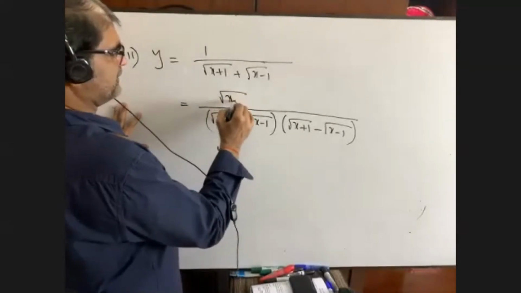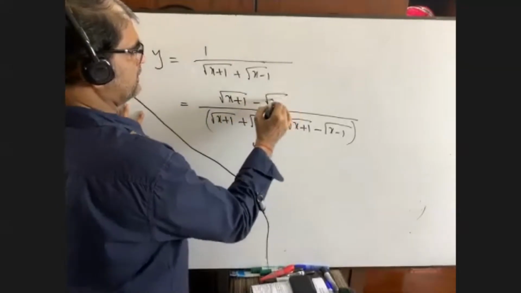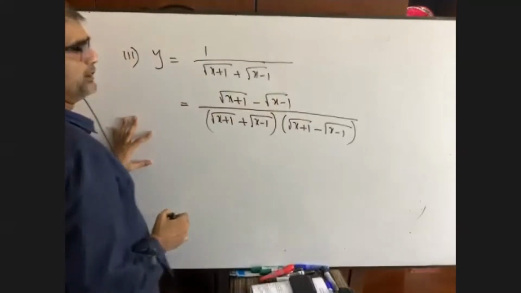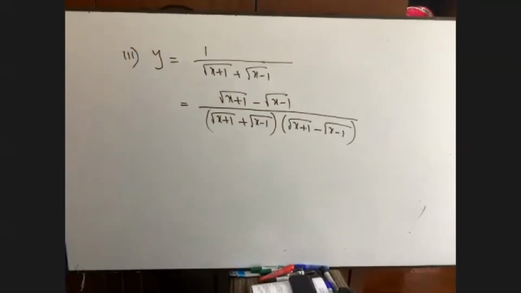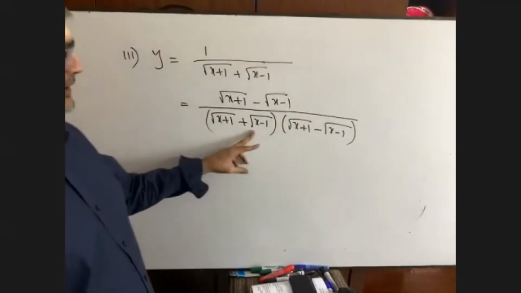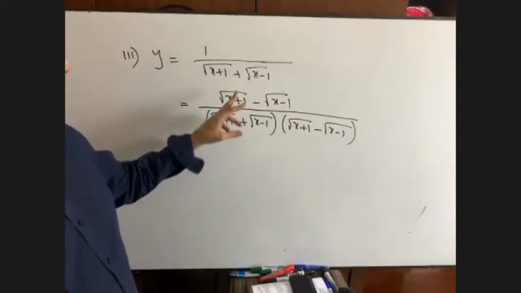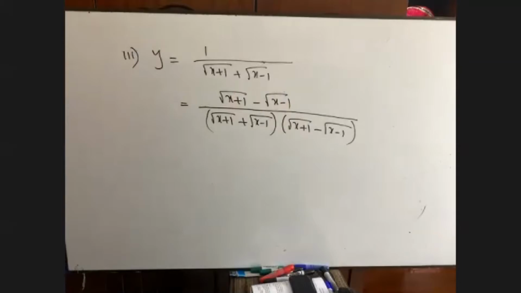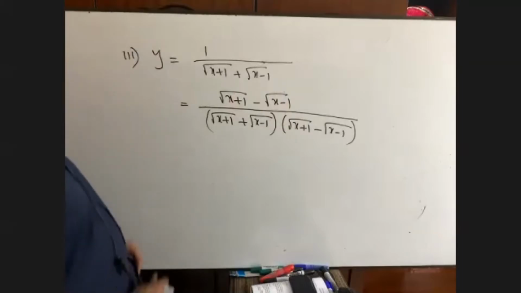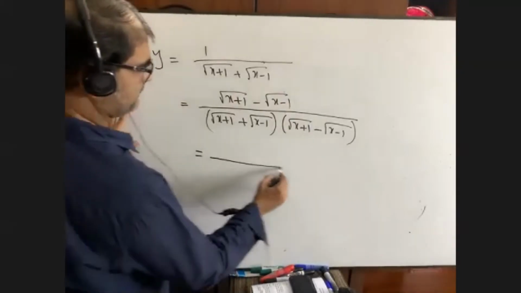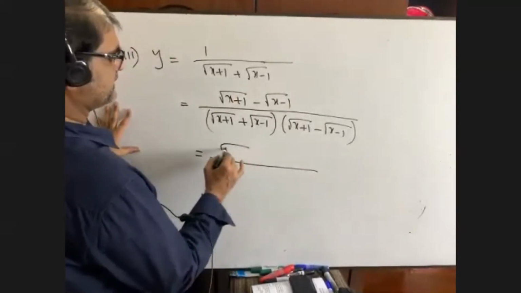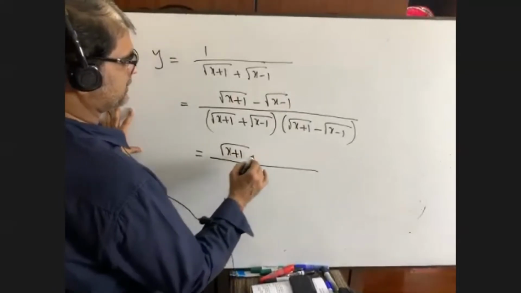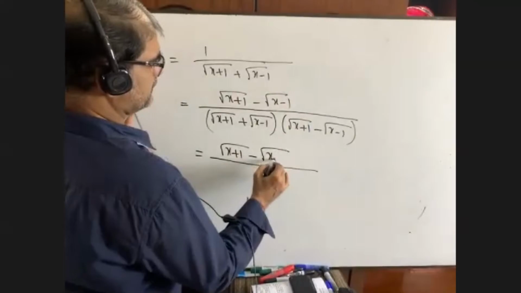You see, math is done. I have multiplied with its conjugate. It is a plus b. I have written a minus b, a minus b. Okay, and you did a lot of math in class 9 and 10 like this. Now, it is as it is, x plus 1, x minus 1.